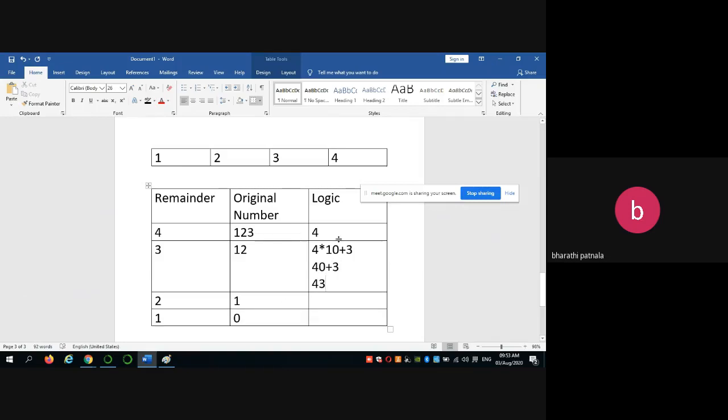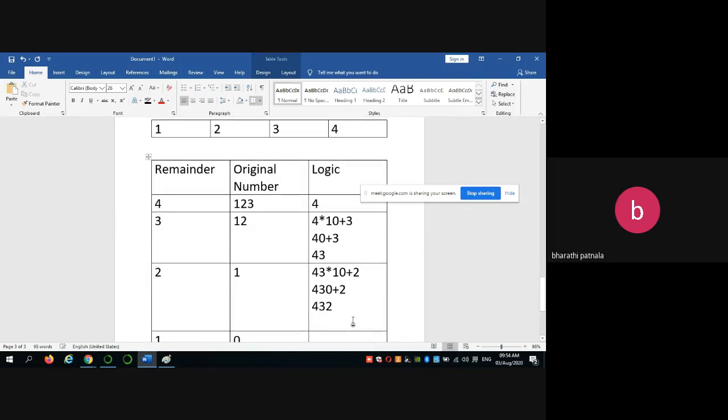That means the 4 moves to tens place and 3 becomes our ones place. Here for the next iteration 2 becomes the ones place, 4 becomes the hundreds place, 3 becomes the tens place. That's why again 43 into 10 plus 2. That means 43 into 10 is 430 plus 2, that is 432.